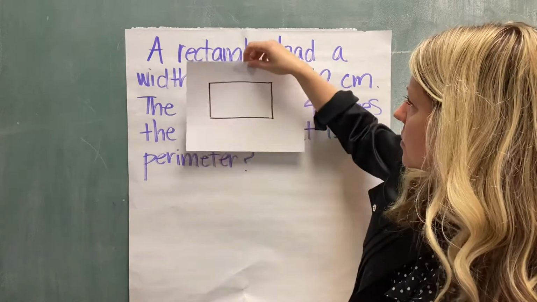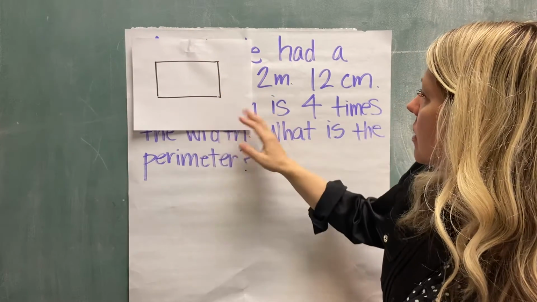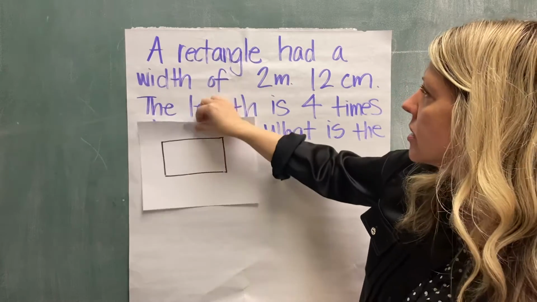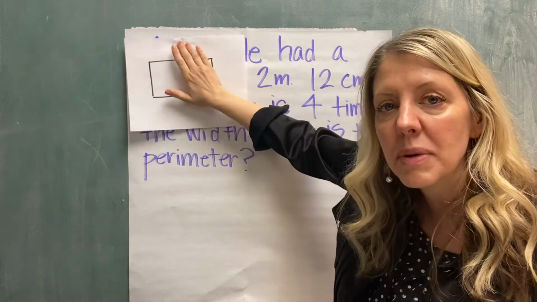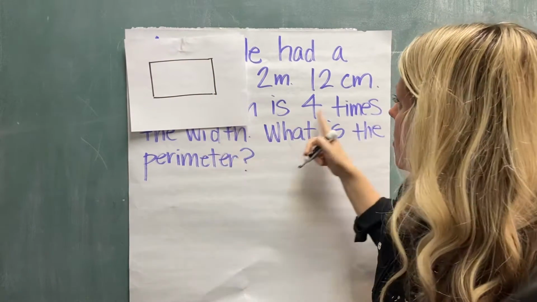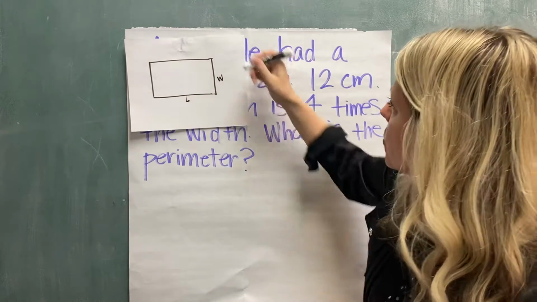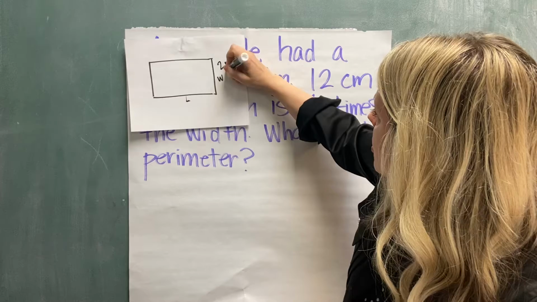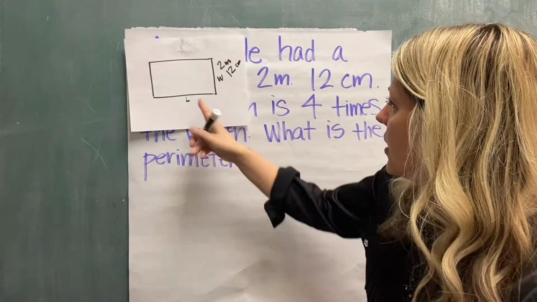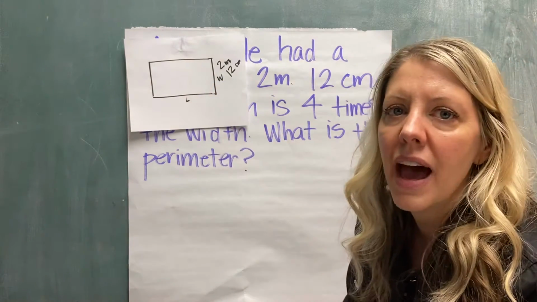All right, let me just get this rectangle here. Okay, so the length is the long part, and it's the long part because it says 4 times as many. So 4 times, this is my length, this is my width, and this width is 2 meters, 12 centimeters. And this is 4 times that. What is the